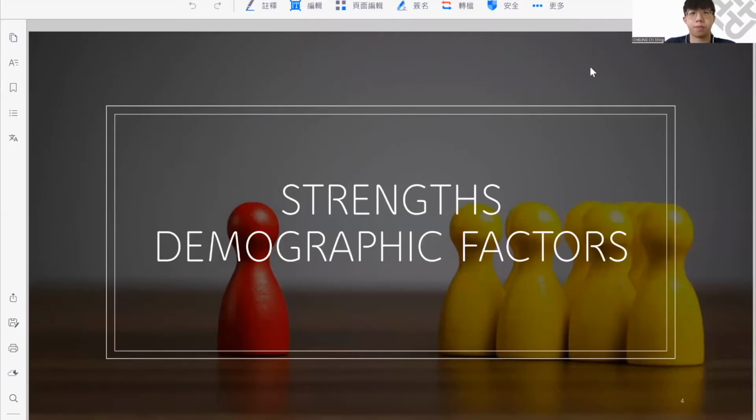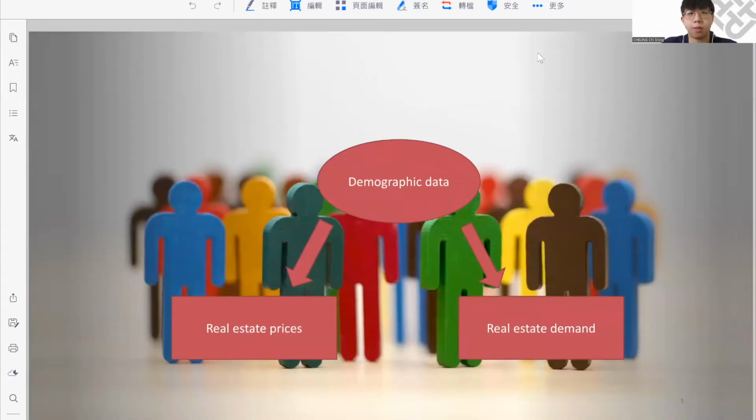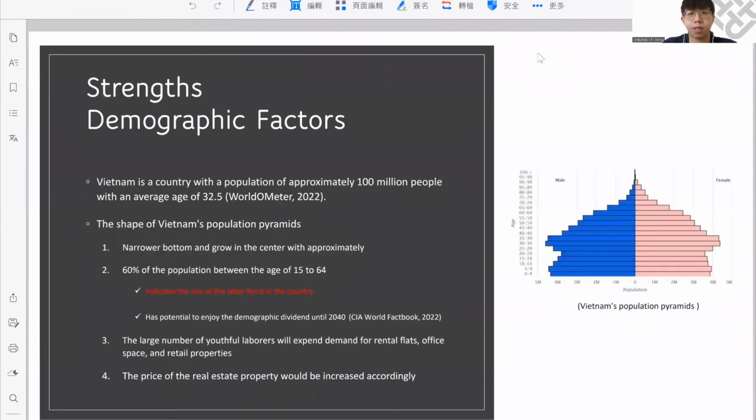First of all, let me talk about the strength in demographic factors. Real estate price and demand are influenced by demographic data. For several decades, the real estate market can be significantly impacted by a change in a country's demography. Vietnam is a country with a population of approximately 100 million people with an average age of 32.5. For a highly populated country, the shape of Vietnam's population pyramid has recently somewhat changed to have a narrower bottom